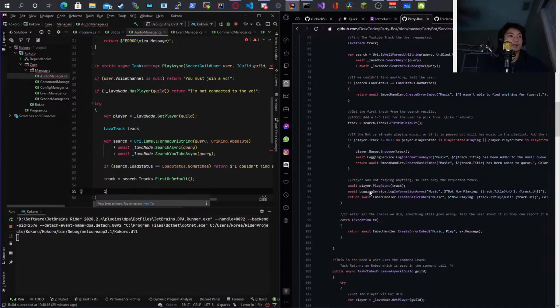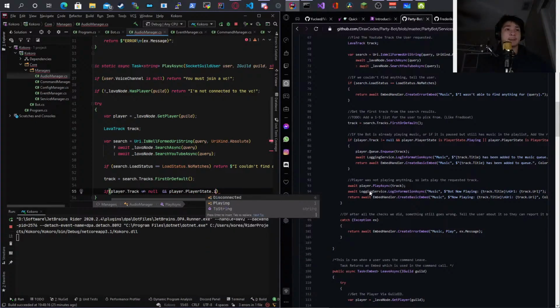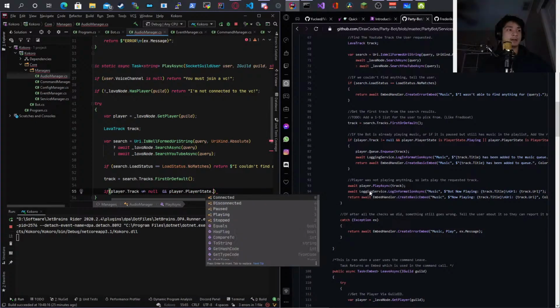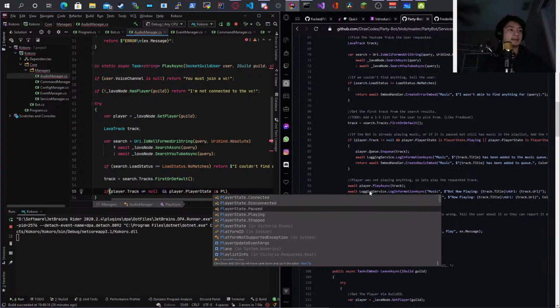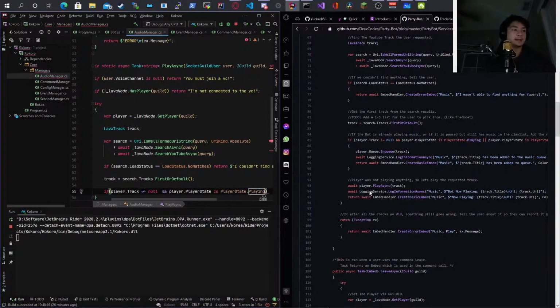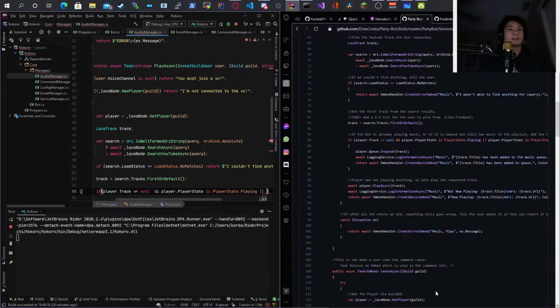Then we do here an if player.Track is not equal to null, and player.PlayerState is PlayerState.Playing, or I think that's going to be Pause maybe.